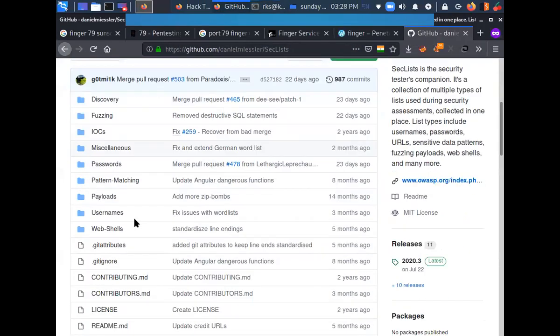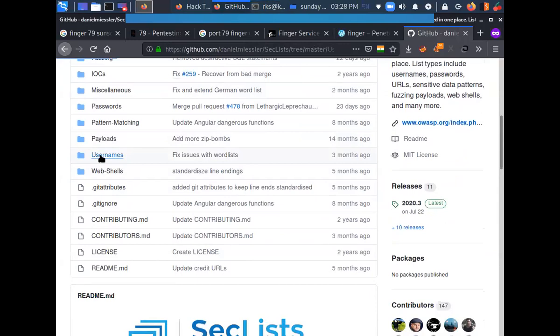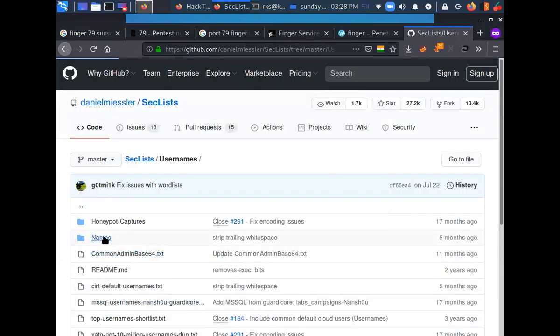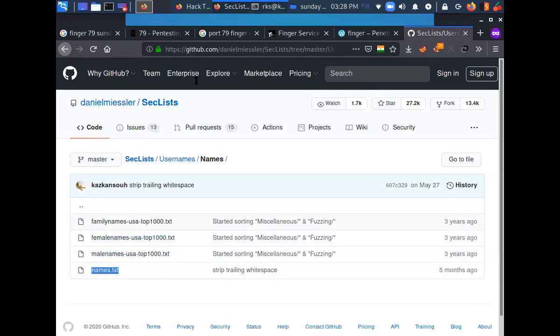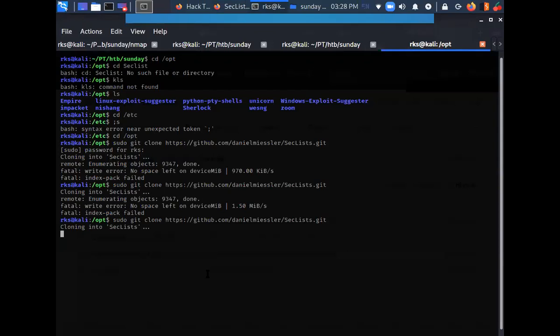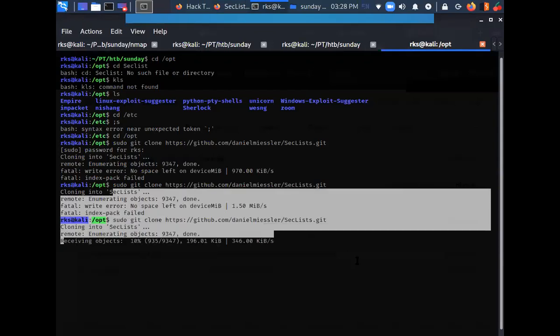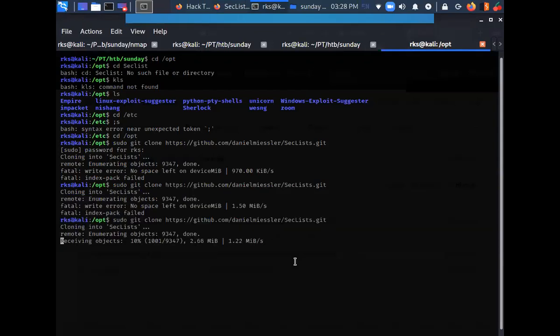Meanwhile, let's explore it from here. Go to usernames, names, names.txt. This is the one that we are going to use now. No space left on device.